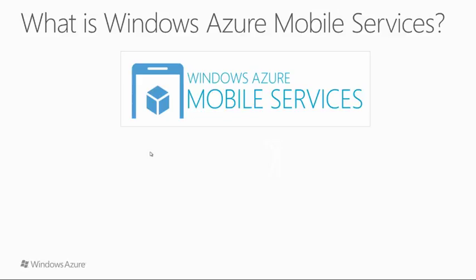That being said, if you want to go out and develop against the REST APIs that Mobile Services provides you, you can already get started on those other platforms. In fact, there are a number of people who are already doing that. So the first core component of Windows Azure Mobile Services is data. So we provide the capability for you to have a structured data store for your client application that's up in